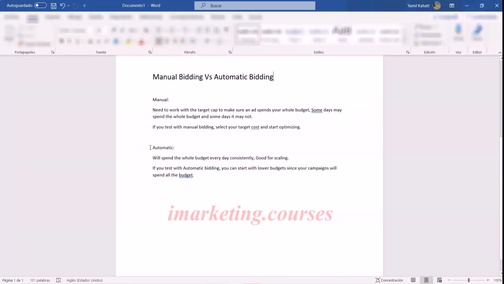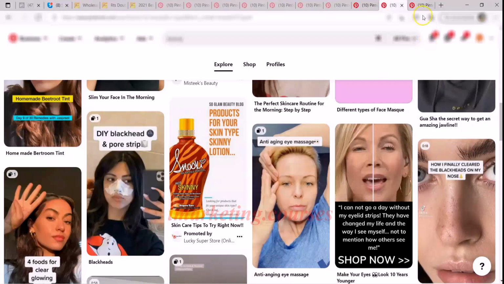In automatic, it's different. Automatic bidding is a recent thing that Pinterest just launched. It has been working for maybe 3 to 5 months. At the beginning it wasn't that good, but over time it's starting to get better. If you test automatic bidding, this means Pinterest will spend the whole budget consistently every single day. So if you launch an ad with $100 a day with automatic bidding, Pinterest will spend $100 every single day. That's a fact. So when we test with automatic bidding, we usually start with lower budgets because our campaigns will spend the whole budget. So we're going to go here to our